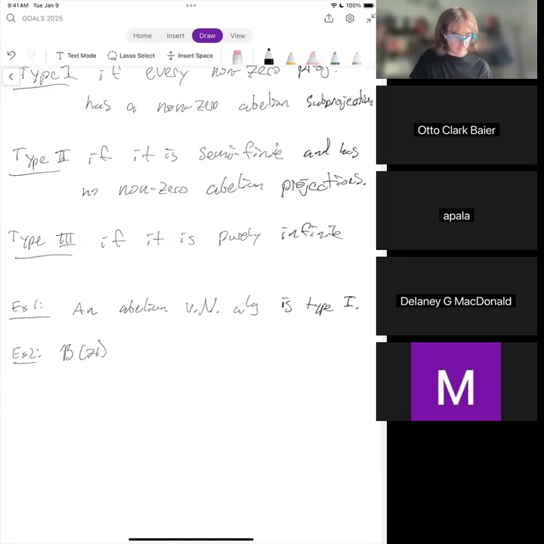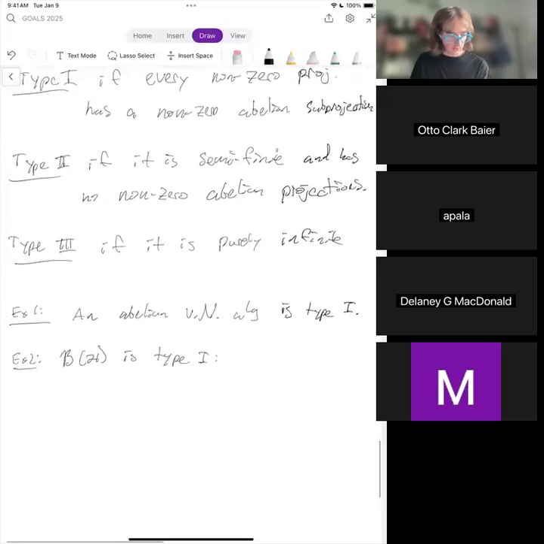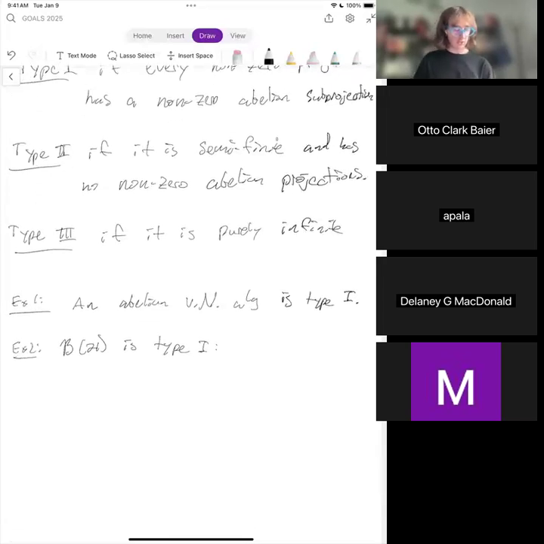Bounded operators on a Hilbert space is type 1. The reason for the first one is that all projections are abelian inside an abelian von Neumann algebra. So of course, there's always a non-zero abelian subprojection. And so for the reason why B of H is type 1